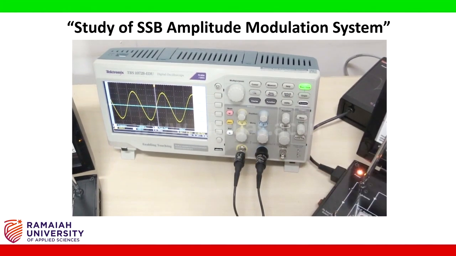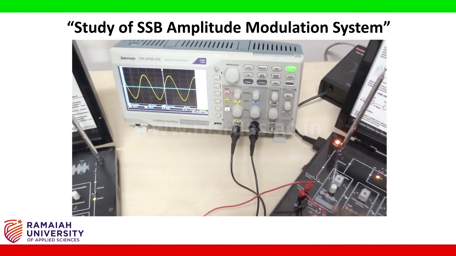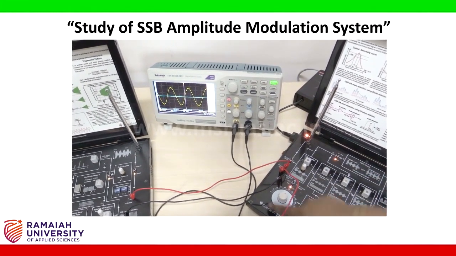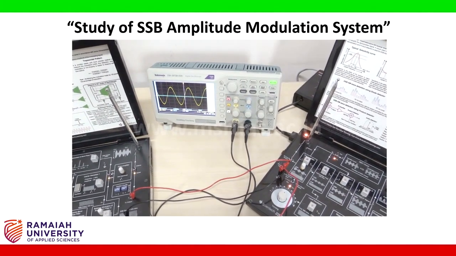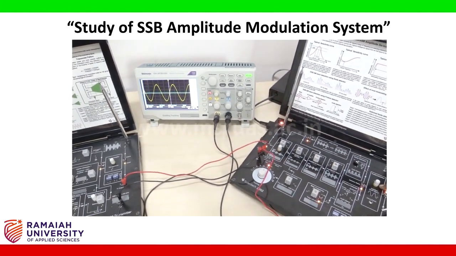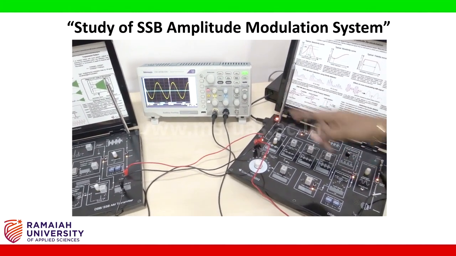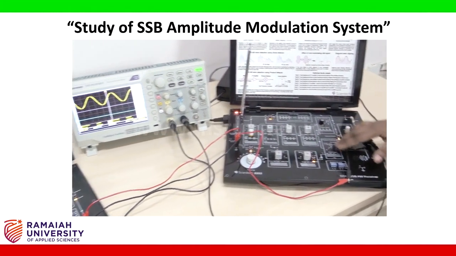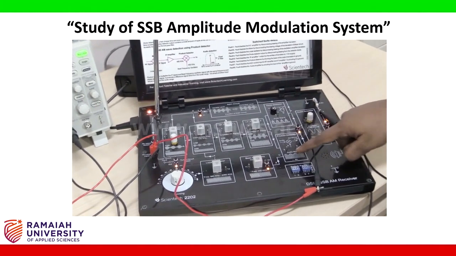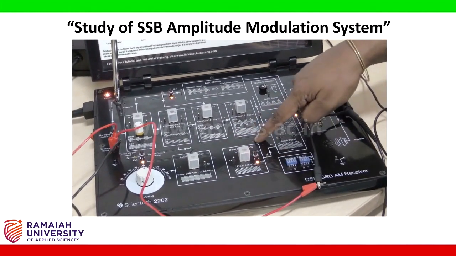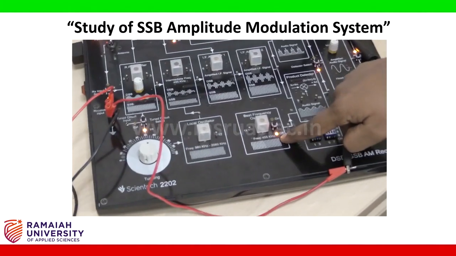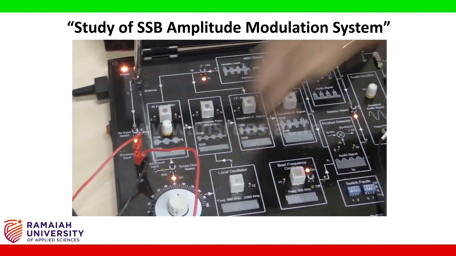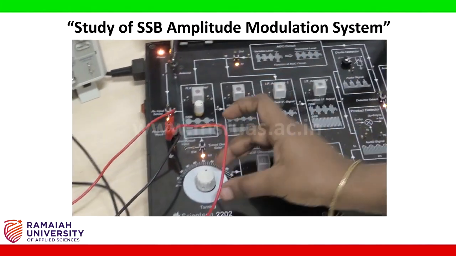Now you can see that there is no wave, so now you have to tune the RF amplifier knob, then the tuning circuit knob, and also the audio amplifier knob, such that the output and the input message are the same. Before tuning these 3, this is not a diode detector but a product detector, hence make sure that the beat frequency oscillator is selected. Right now it is off, so press this so that it is on, and now start tuning the 3 knobs. You can observe the CRO as I tune the knobs.